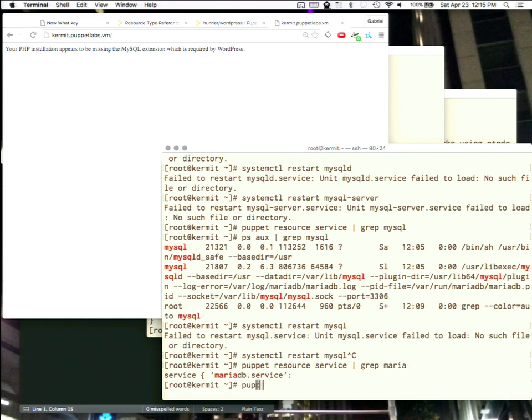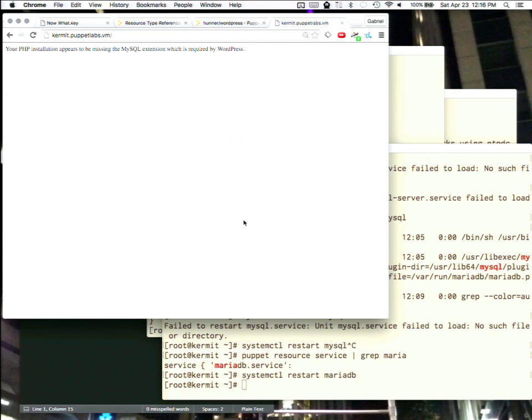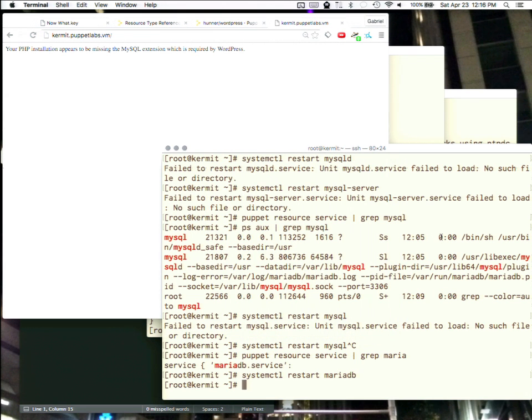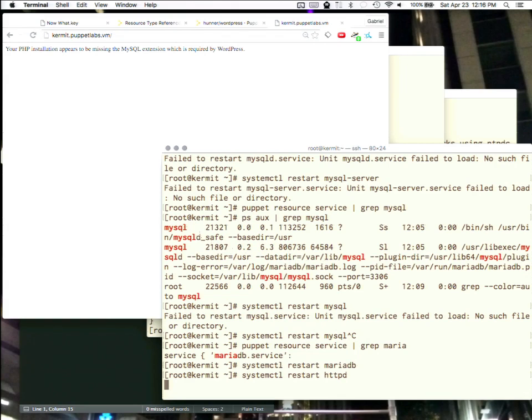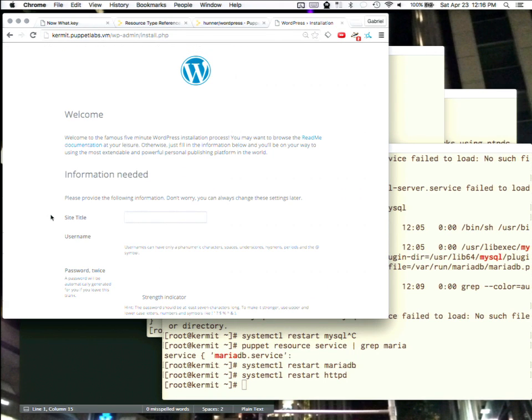All right. Puppet, let's see. systemctl restart mariadb. Hopefully it's compatible. All right, now let's try it. All right. Well, unfortunately, I'm broken. But ha! Yeah. So thank